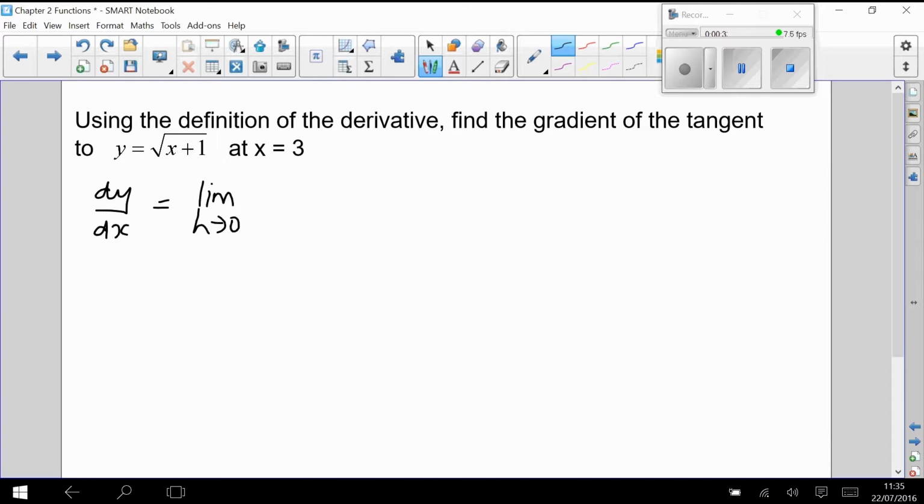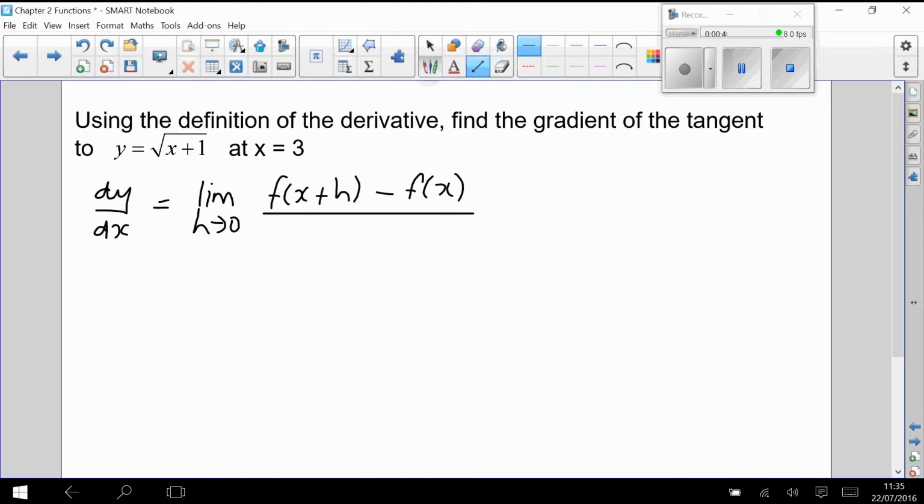is going to be equal to the limit, as h tends to 0, of f of x plus h minus f of x all over h. You can see that the formula that I'm using is still the same, so it's only my notation for the derivative that changes. So dy by dx,